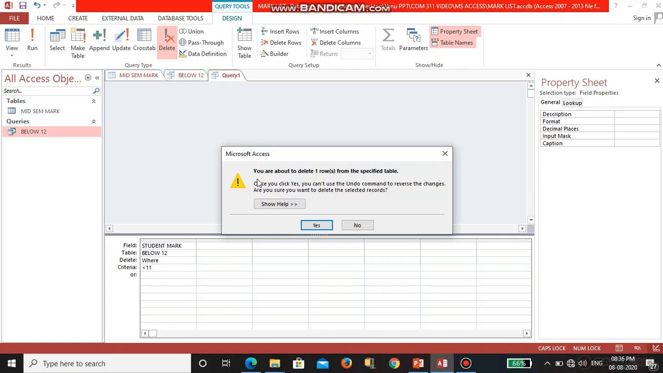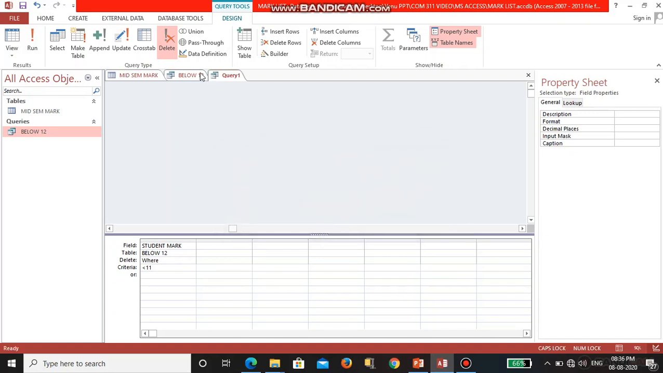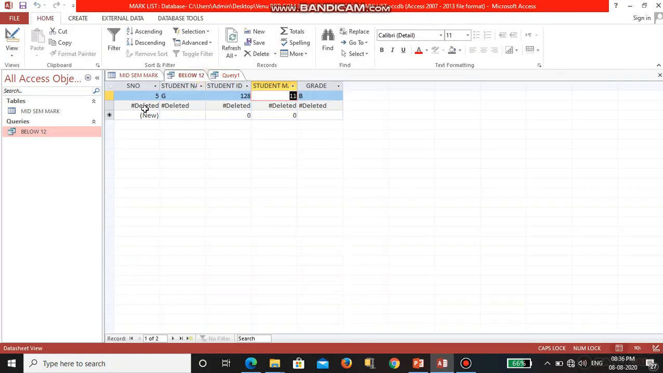It asks you are about to delete one row from the table, specific table. You give yes. So here you can see the row deleted. That is, below 11 mark students got deleted. So next after that what you want to do is